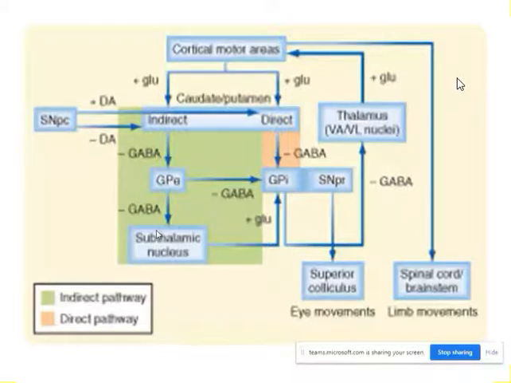Yes, sir. So now again, if you look at here also, this substantia nigra pars compacta, okay, this is present in the midbrain. If you look at here again, it will be producing the dopamine. So they will be producing dopamine, substantia nigra pars compacta, and they will have different action on direct and indirect pathway. Okay, why do they have?